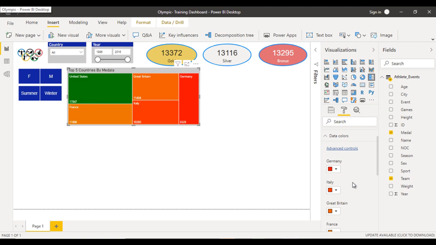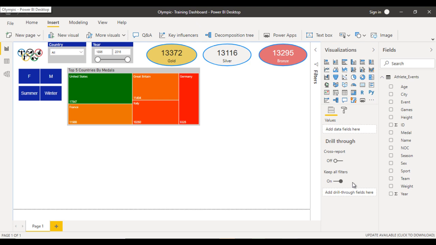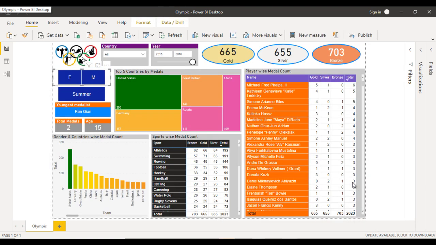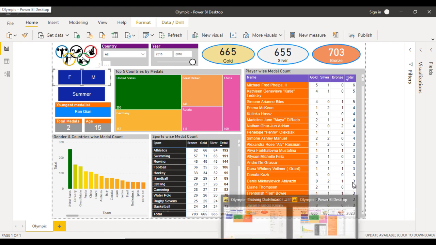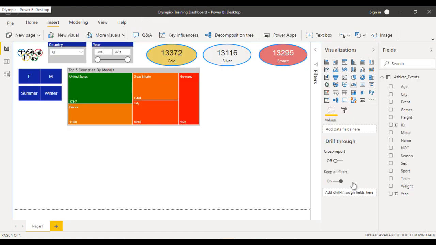After that we have done about this. Next thing, go to the existing one, and here we can see gender and country wise medal count like that, and sport wise medal count. So let me use these two visualizations. So go to the training one. First of all let me try to use the column chart. So we can use the column chart, this one,